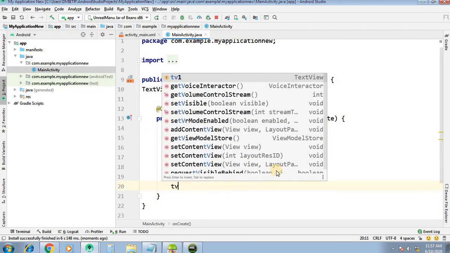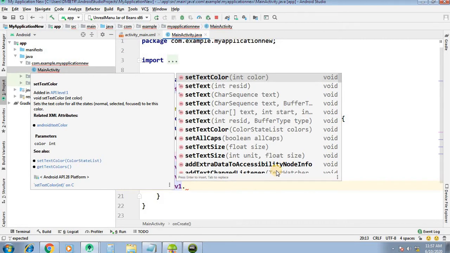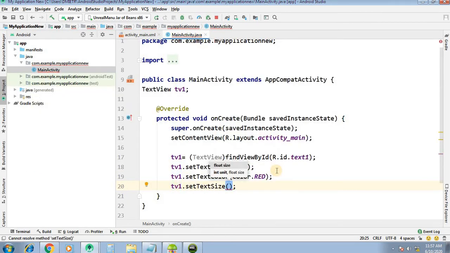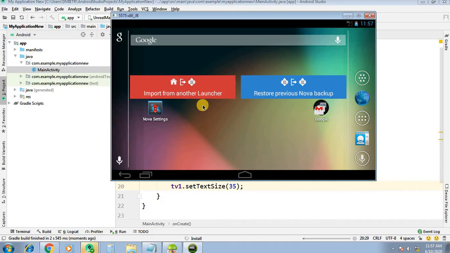Again, if you want to increase the size, we have the method setTextSize, equal to 30 or 35. We will set the text size 35. Now you can see the output, welcome with red color, and the size will be 35.